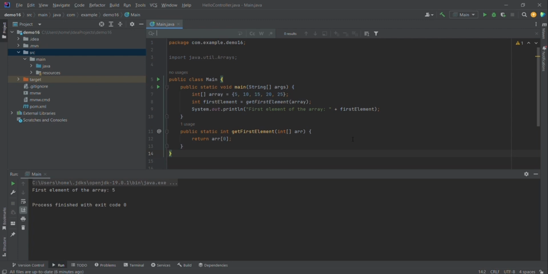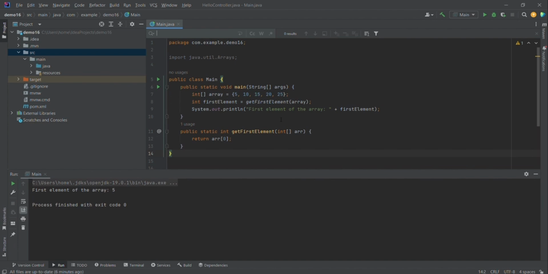So what is it? It has a constant time execution, meaning the time required to complete the operation remains constant regardless of the input size. For example, accessing an element in an array by index, assigning a value to a variable, or performing basic arithmetic operations. Here, you can see